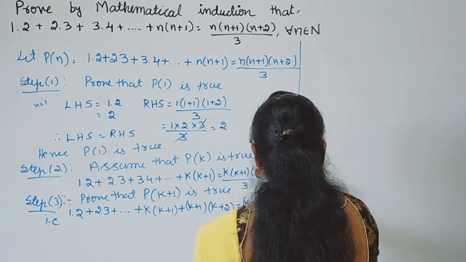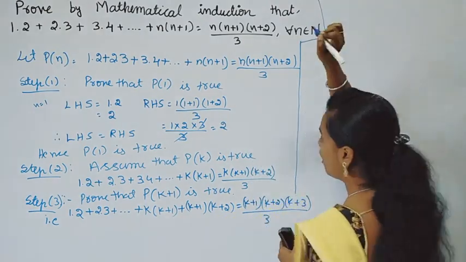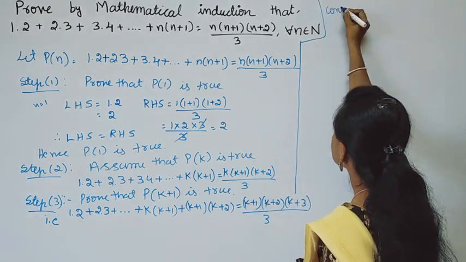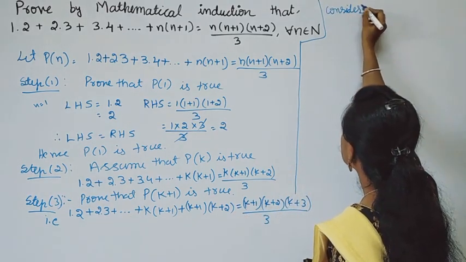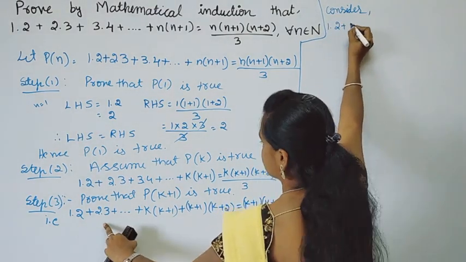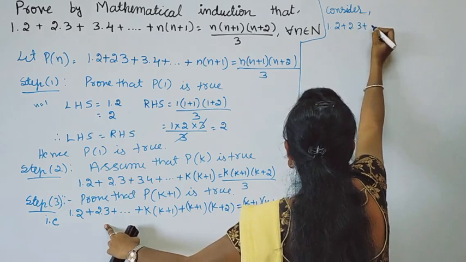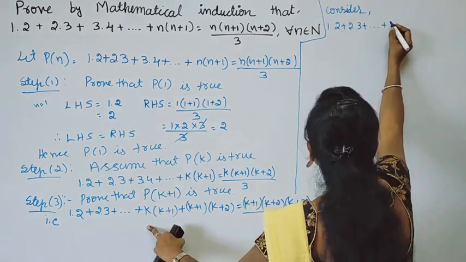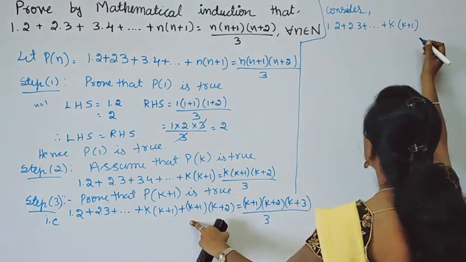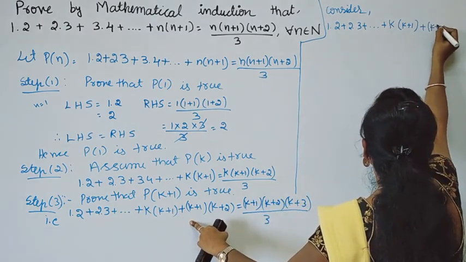So for that, what do we do? We have to consider the LHS. What is our LHS? 1 into 2 plus 2 into 3 plus etc. plus k into k plus 1 plus, the next term, k plus 1 into